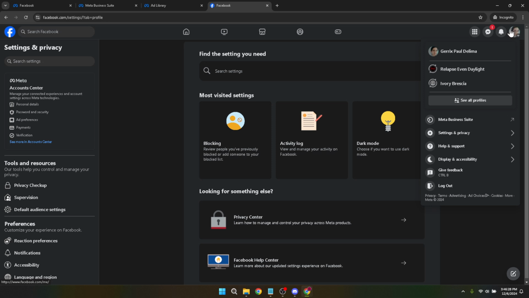Next, we're going to access a more detailed settings area. Look for the settings and privacy option, which you can find as a drop-down menu. Clicking on this will reveal a list of additional settings. Now, from the available list, you'll need to select Settings to delve deeper into the customization and privacy options provided